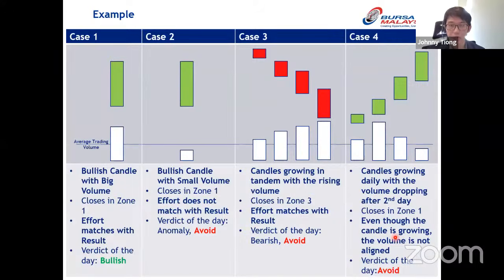Normally in technical analysis, for myself, if there is something not aligned or some anomaly, I will try to avoid, because there are around 1,000 stocks in Malaysia if I add in the warrants and structured warrants. So there are a lot of stocks in Malaysia. So why am I focusing on something that is uncertain? Why not focus on those I have more confidence in? So these are the 4 examples.